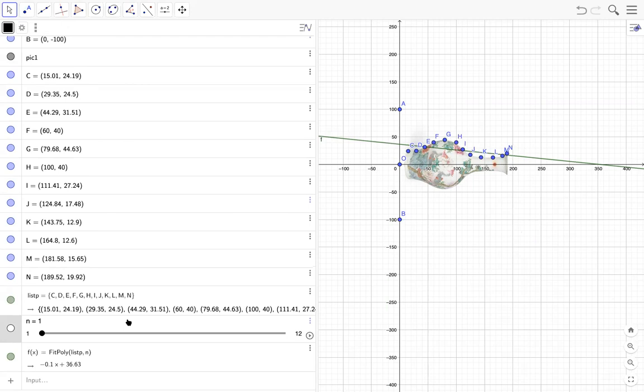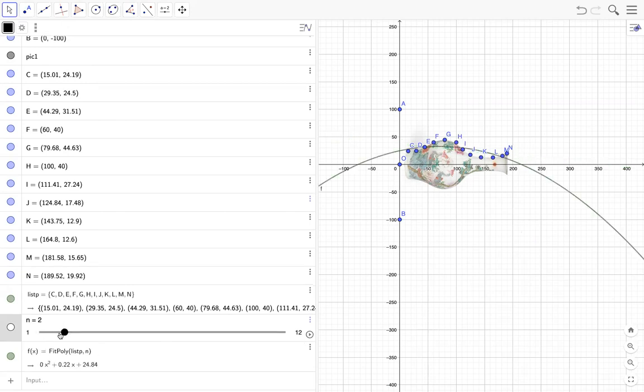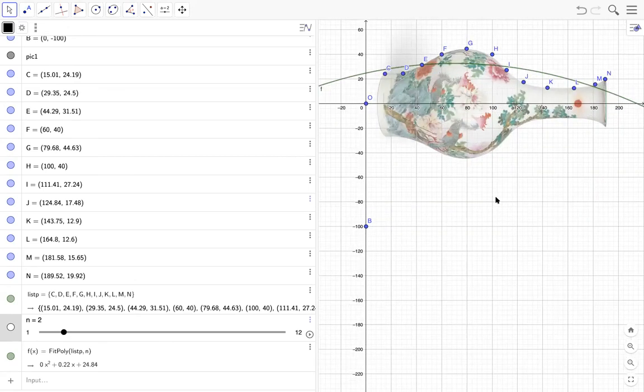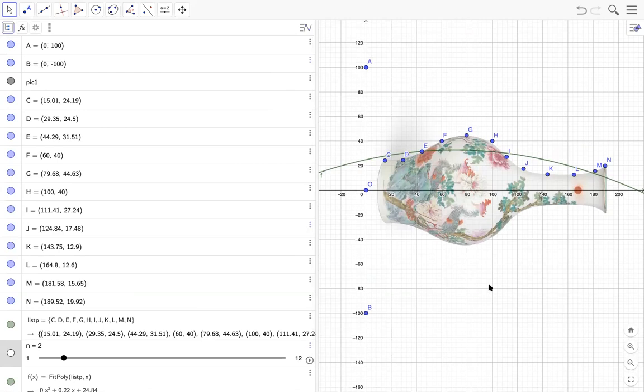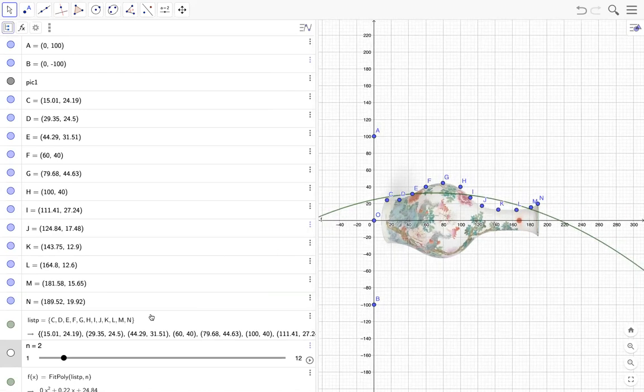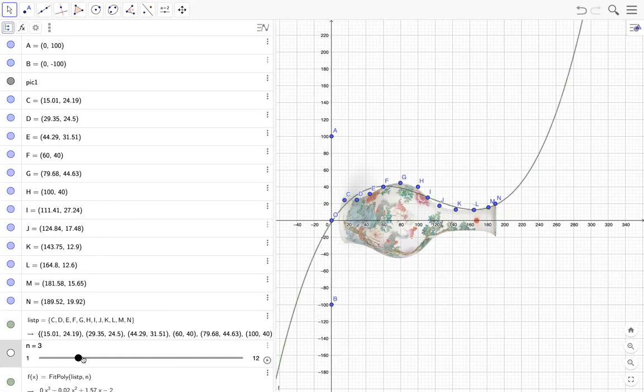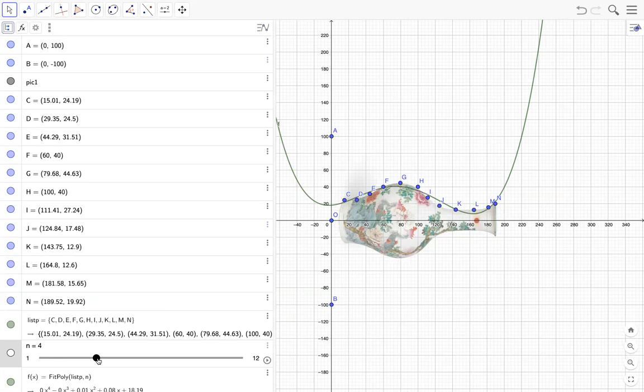So you can see, if n is 1, that means we are using a straight line. And as you can see very clearly, the straight line doesn't make sense here because it doesn't go through all the points. So let me change it to maybe n equals 2. Maybe it's a parabola, but again, it doesn't make sense. Let me zoom in a bit. And if I make it 3, yeah, a bit better. Even 4 is even better, but still I have some gaps.